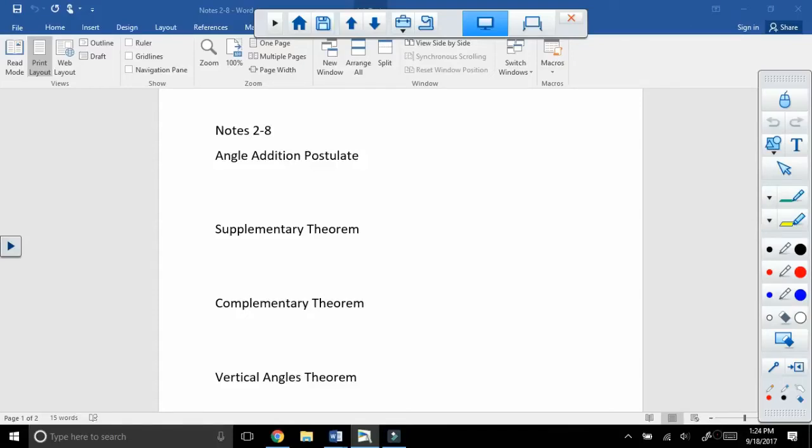We are at the end of Chapter 2. Today we're going to look at proving angle relationships. And some of these things will be things that we've already done, but now we're just giving names to them. So the angle addition postulate says that if you have a point, so let's say if point B